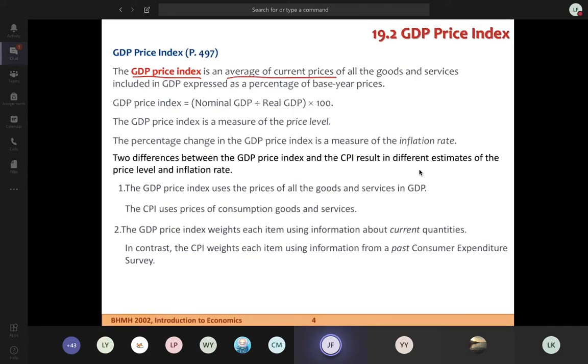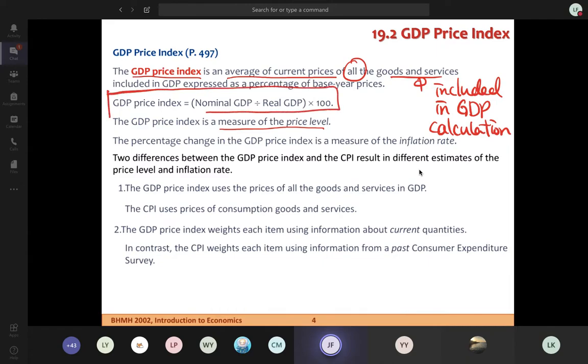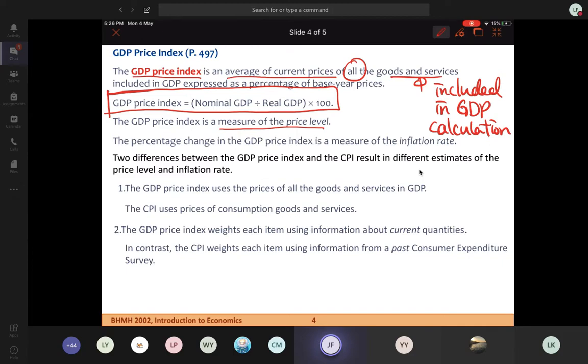我哋都係計緊你用幾多錢去買嘢，不過唔係講 consumer 嘅 market basket。頭先講嘅係你去街市買啲乜嘢，係 consumer 要用嘅嘢。今次講緊 all goods and services，包括所有貨物同服務。Whenever goods and services are included in GDP calculation，佢就會包括喺 GDP 入邊，用嚟計 GDP index。GDP index 係點樣量度價格水平？計算方法係用 nominal GDP 除 real GDP 乘100。